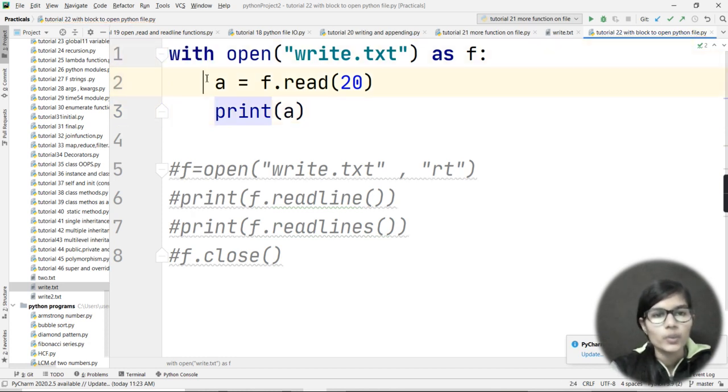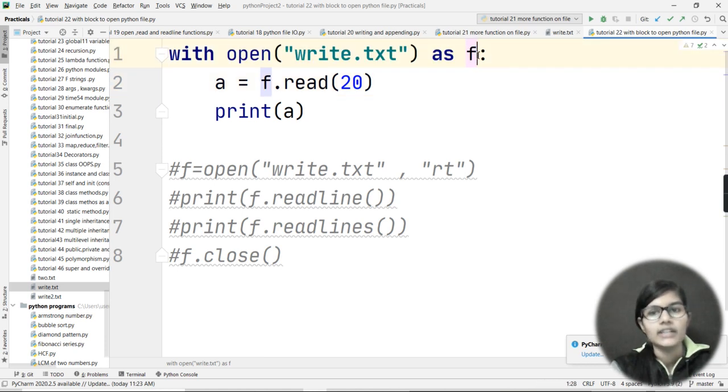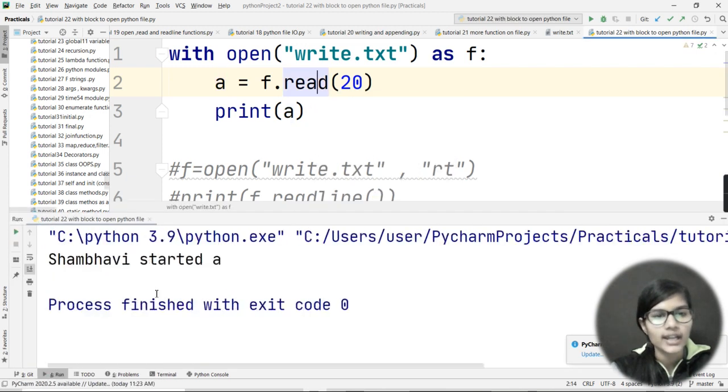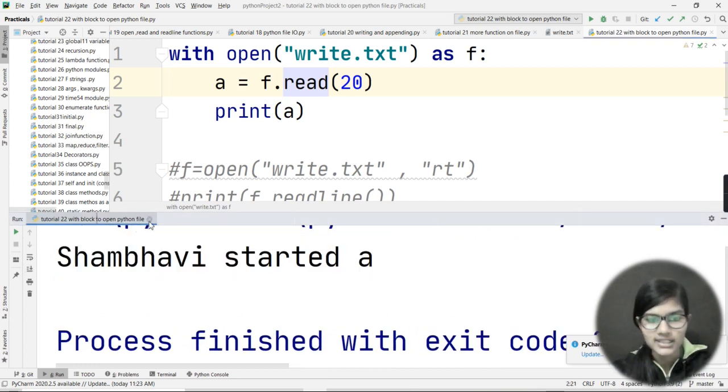Here I used a with block and opened my write.txt file as f. f is my file pointer. Then I took a equal to f.read(20), and when I print that a, the output I get is the starting 20 characters of my file, that is "Shambhavi started up", right?